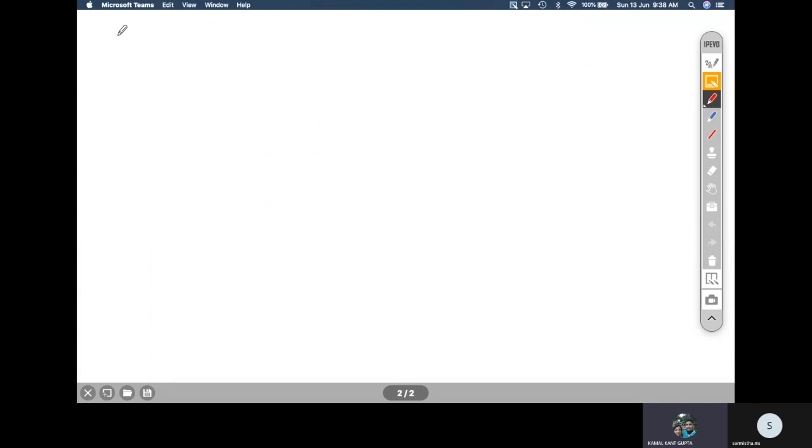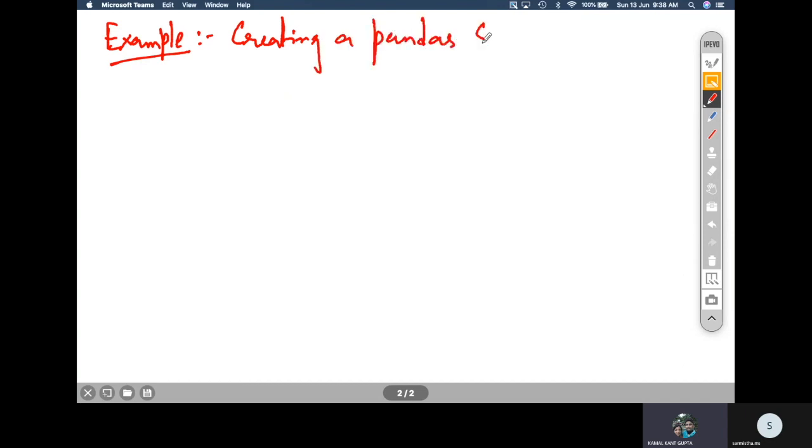So let us see one example which uses this syntax to create a Python Pandas series. It is quite simple. You can just simply write: